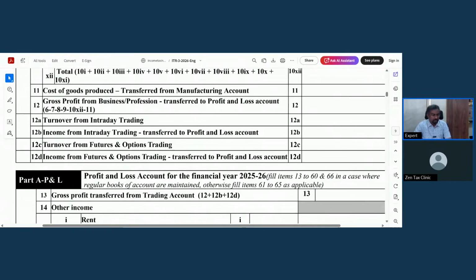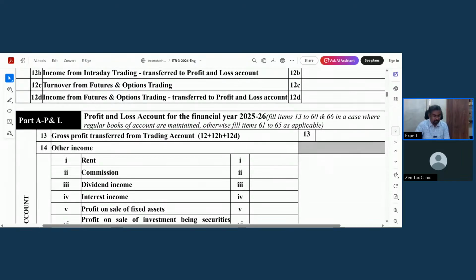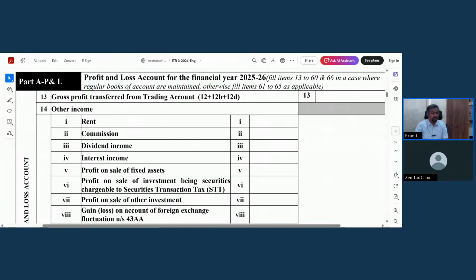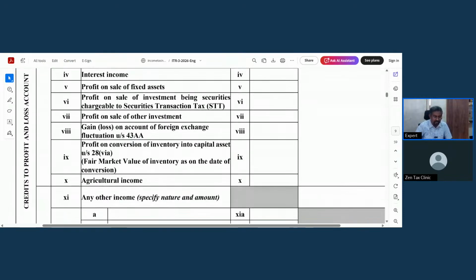If at all you are dealing in shares, the turnover from intraday trading. If you are dealing in F&O, the turnover from F&O trading. So very clearly this needs to be brought in here. Based on this, gross profit is what will be transferred to your P&L account, and the P&L account should show the details of other income like rental income, commission income, interest income, which needs to be properly reported here. Agricultural income,